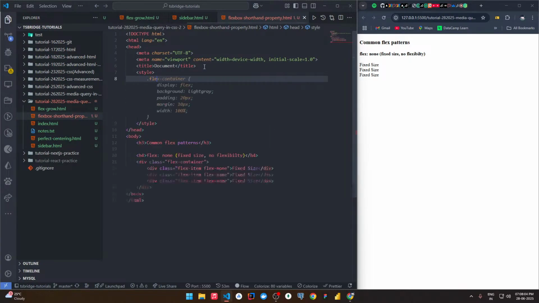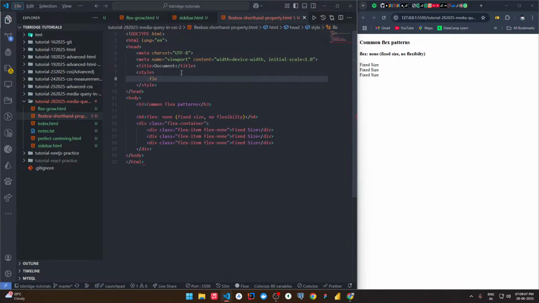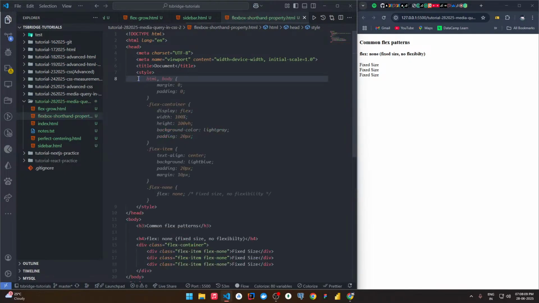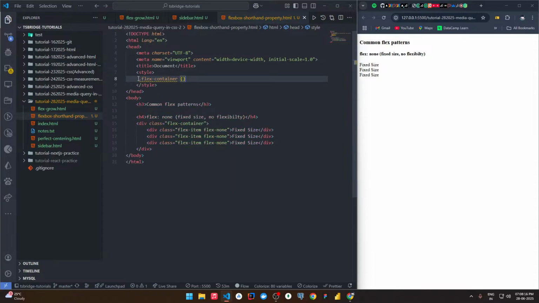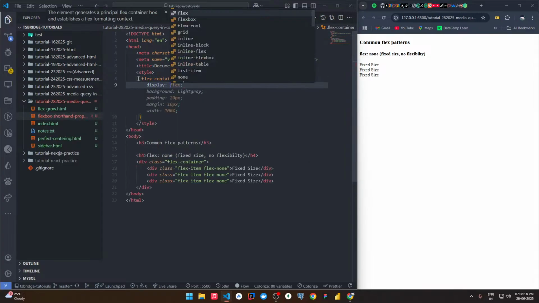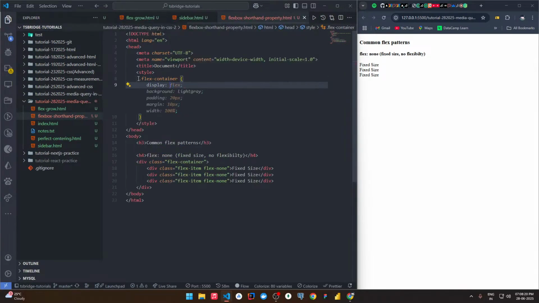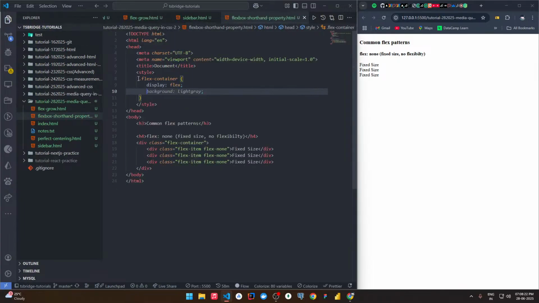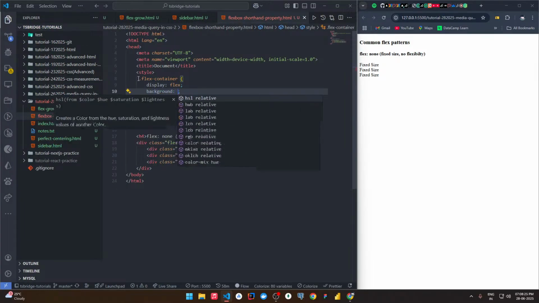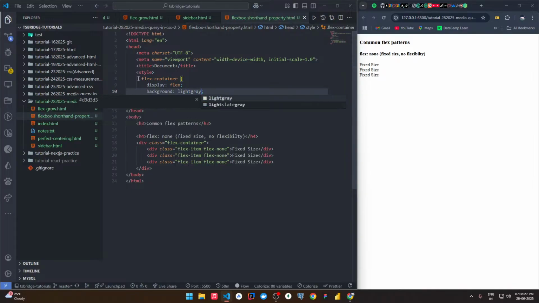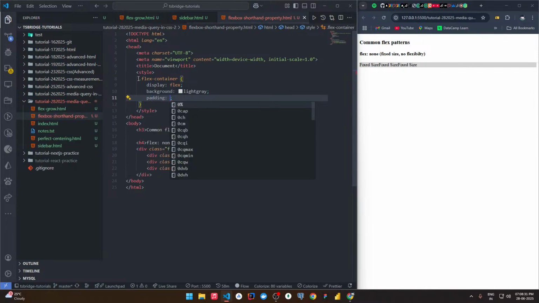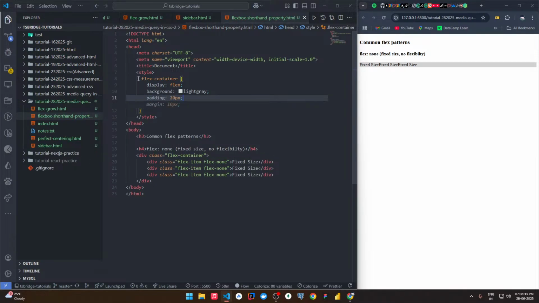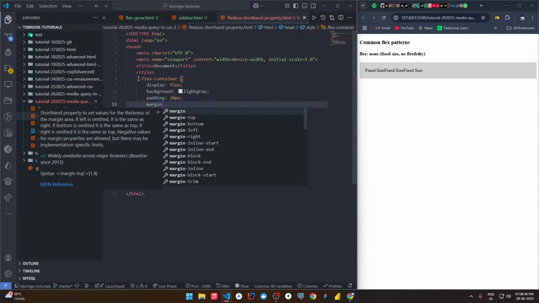Of course, the flex none first of all, and before that I'd like to show you all that if we by default apply the flex container and give it a display of flex and background of light gray, and of course a padding of 20 pixels, margin of 10 pixels,